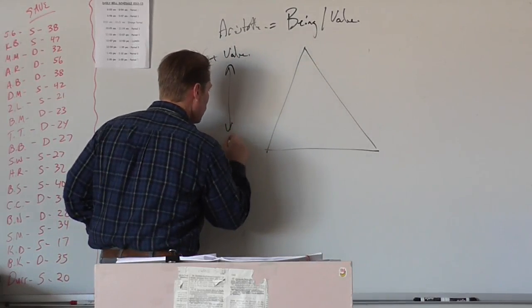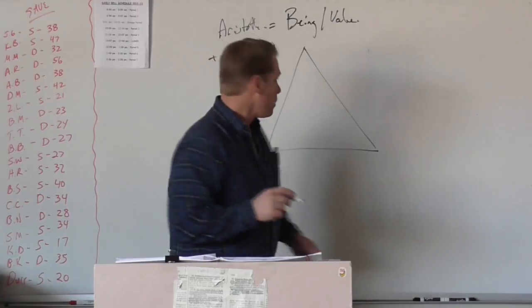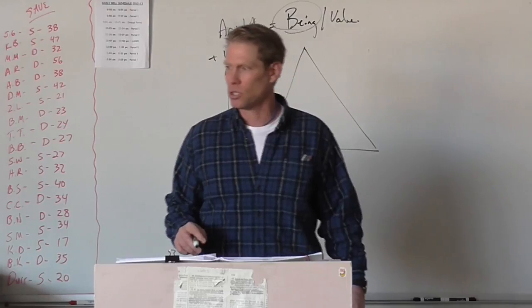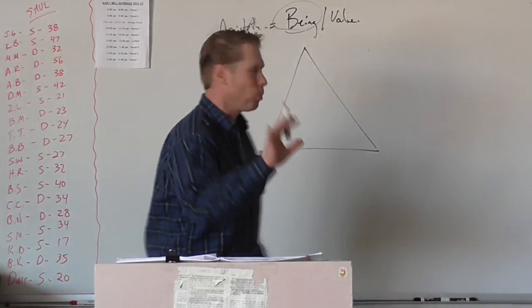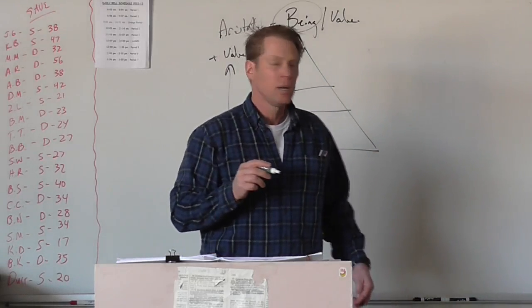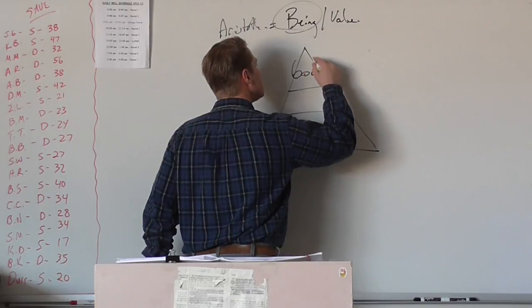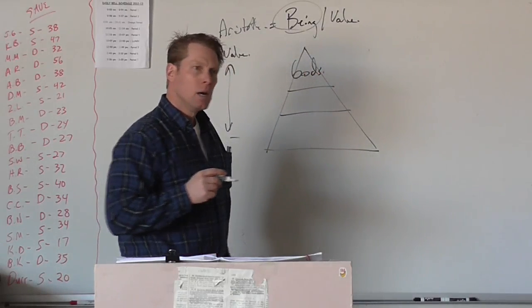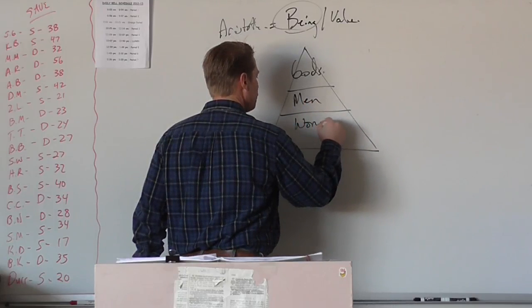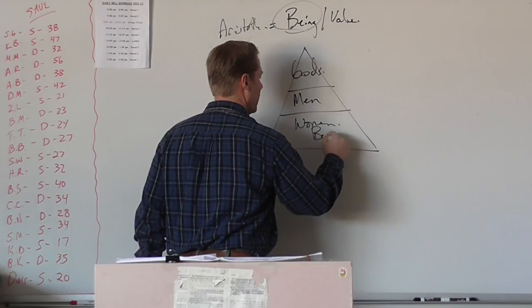The lower you go, the less value. And we're talking about being, what we would refer to as ontology, the study of being. Who's most important? And then he did this, where he kind of thought about some lines, all right? At the top, he would put the gods, okay? Underneath, he put men, and underneath that, he put women, and beasts and all other animals and that kind of